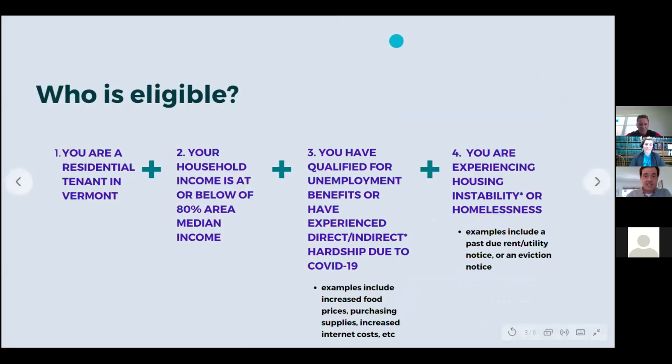Basic eligibility: you must be a residential tenant in Vermont. So this is not a program for homeowners, and it's not a program for business rentals. And we get a lot of calls on both of those things. The main criteria, the one that is going to determine the eligibility for a lot of folks, is